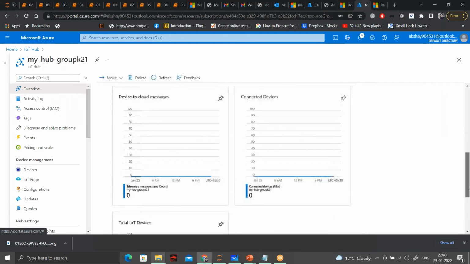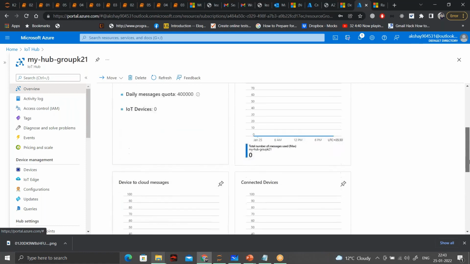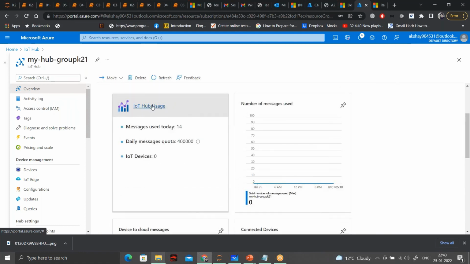It will take some time for the information to reflect here. You can see 14 messages were sent, 14 messages were used today. So you'll start seeing those messages also here.